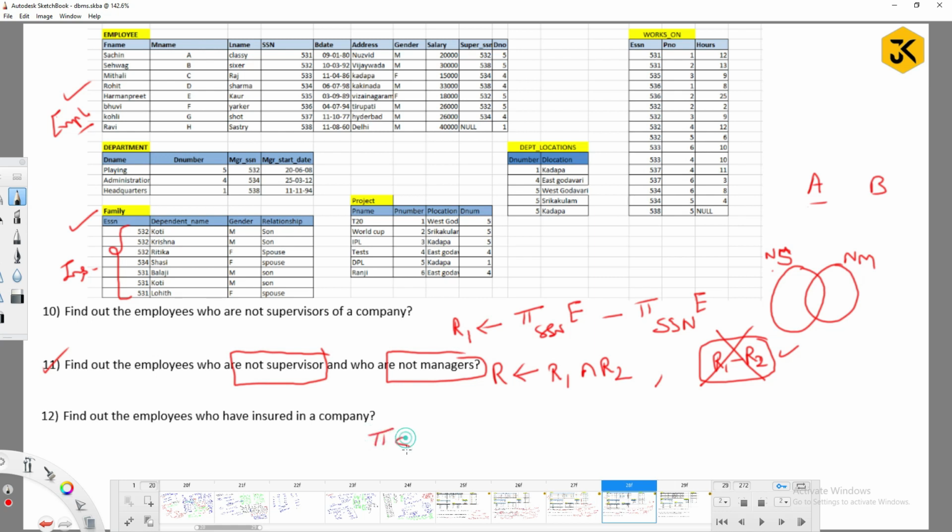Project of SSN of family. Right? So what does this mean? Not insured or insured? Insured, right? But here assume that the question is you need to find out the data